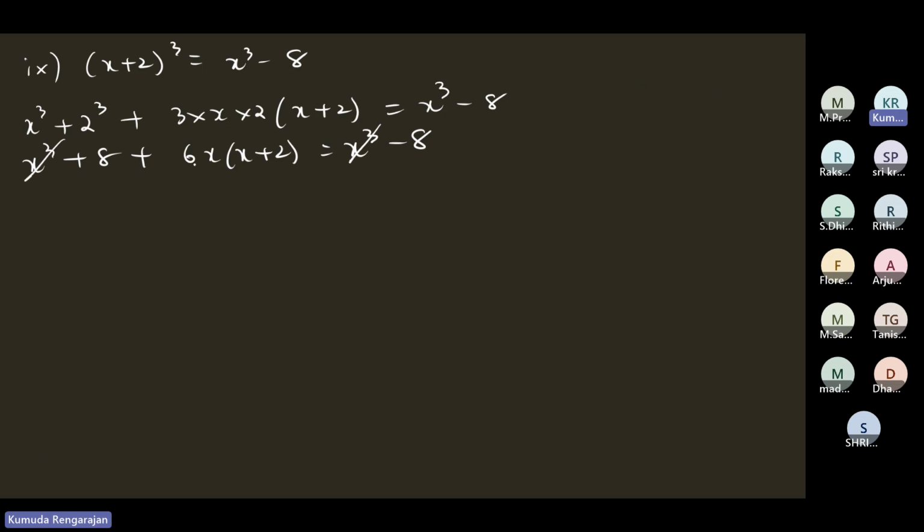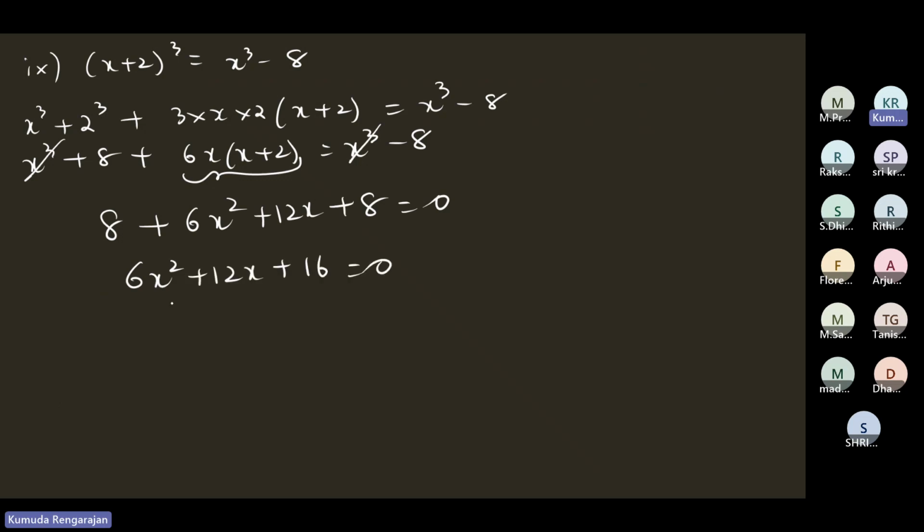Now don't add 8 and 6. It's not 8 plus 6. 6x has to be multiplied with x plus 2. So this 8 as it is plus 6x squared plus 12x is equal to minus 8. Or you can bring minus 8 to the left hand side, plus 8 is equal to 0. So 6x squared plus 12x plus 16 is equal to 0. Dividing by 2 throughout, 3x squared plus 6x plus 8 is equal to 0, which is a